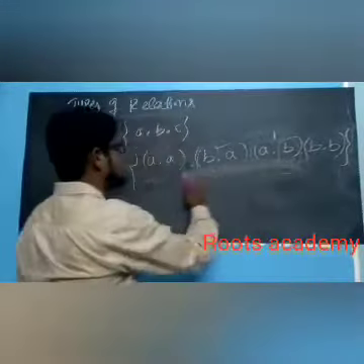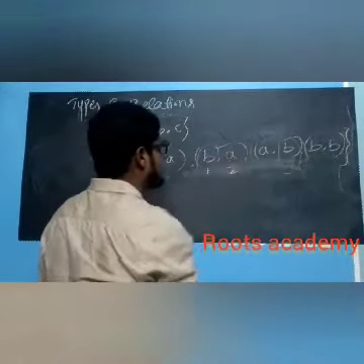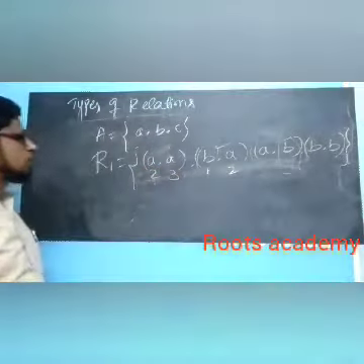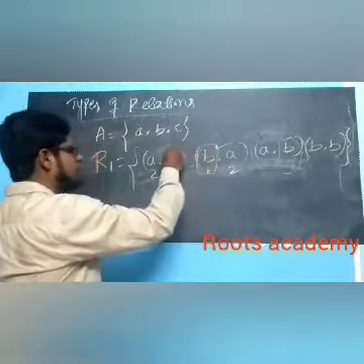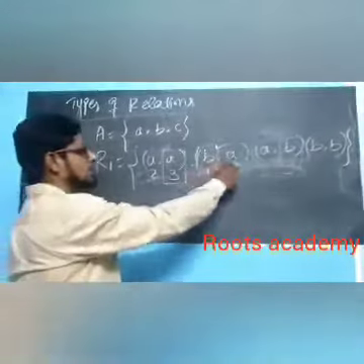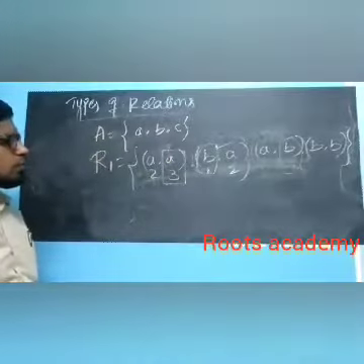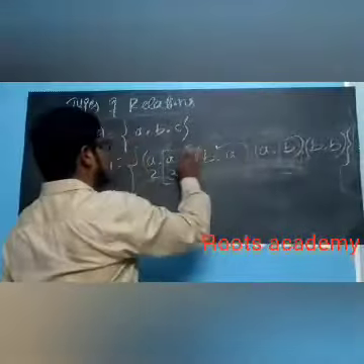Then let us check for this one now. If this is the first element, this is the second, and this should be the third. What should I check? I should check whether B and A are related or not. Yes, here itself it is there, (B, A). So it is transitive in both the cases. Then let me come to the last element.